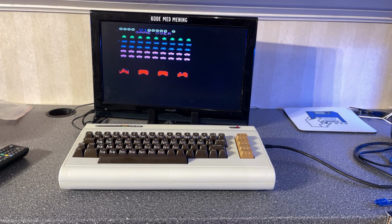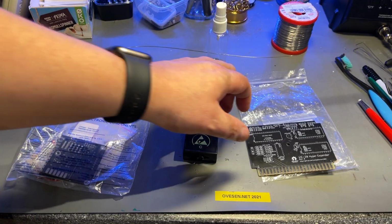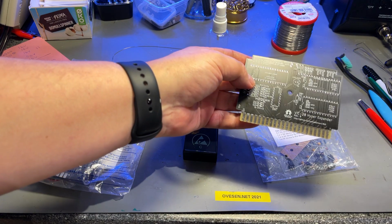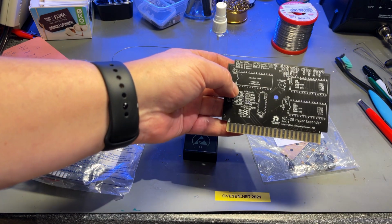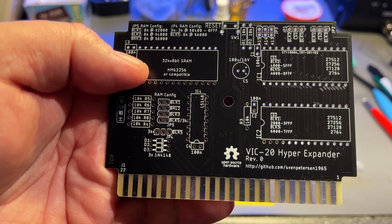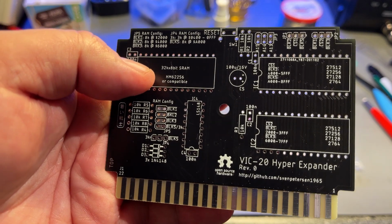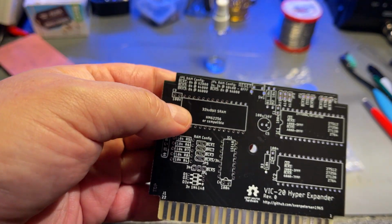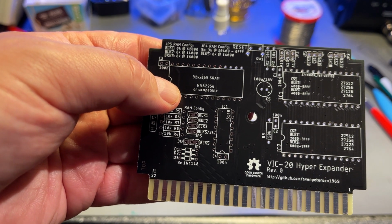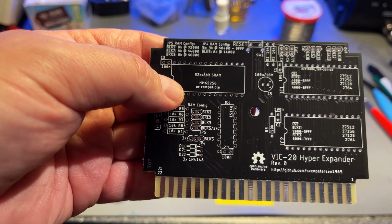It's time to move on to the next part of this video. Now it's time for some building, and this is in fact the PCB for the VIC20 Hyper Expander. The Hyper Expander is an extension cartridge, and it is actually designed by Sven Petersen, and I got it from him along with all the necessary components that I need to build it, including the testing harness for the diagnostics